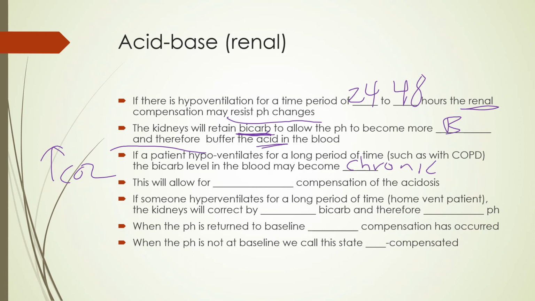I'll repeat that again, right? Listen closely. They're chronically compensating for a respiratory acidosis. So Derek, what does that mean? That means that someone that has emphysema, that someone that has this chronic condition, if you draw a blood gas